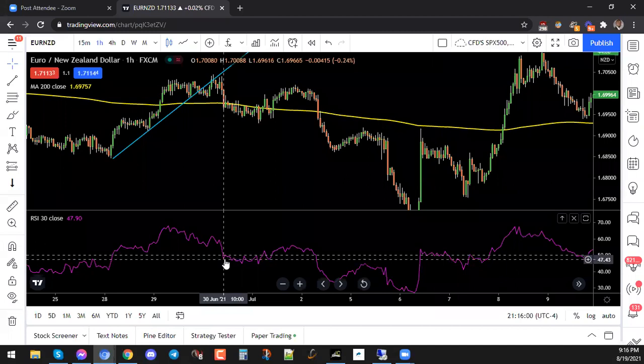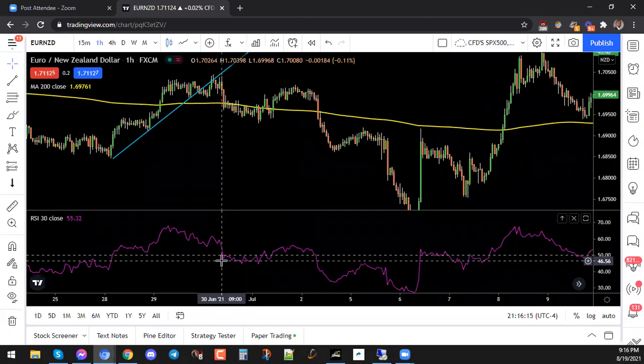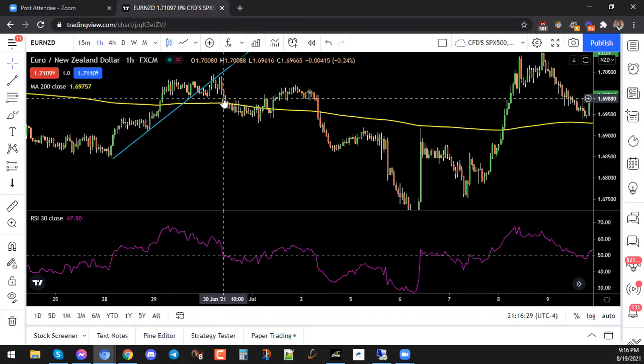Okay, so now if I'm looking to go short, what I'm going to do is I'm going to enter, and I only want to enter at specific times. Remember, we covered this in one of my previous classes, sniper entries. This is where we were looking at the specific times to get involved in the market. Now, this is Euro NZD. I don't typically trade this pair, but this is a pair that you would normally trade in the Asian session and European session, right? You could also trade this pair in the US session, but what we're looking for is